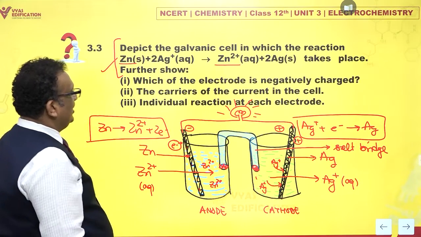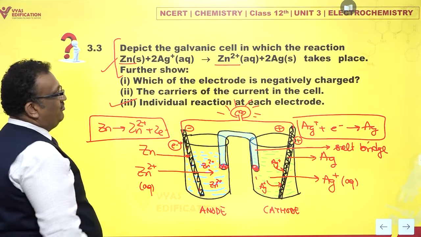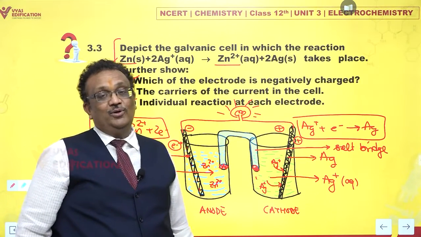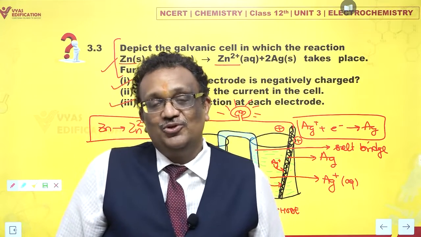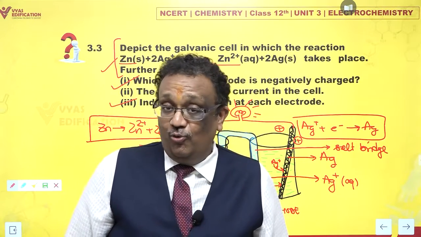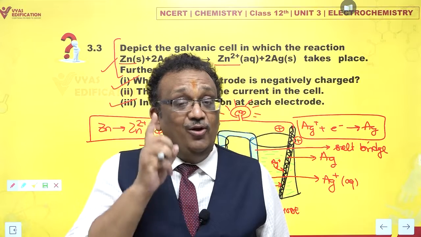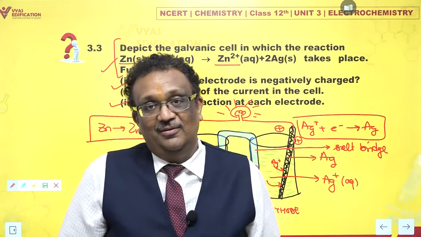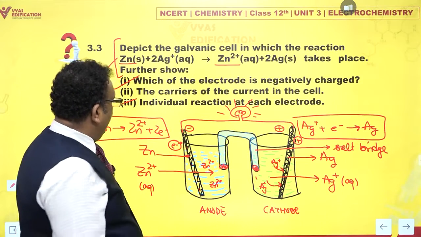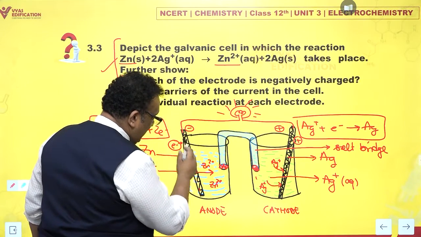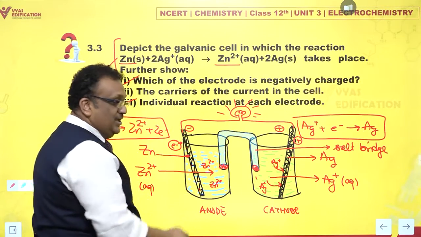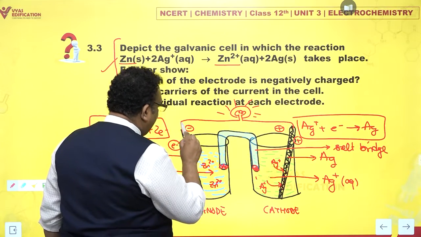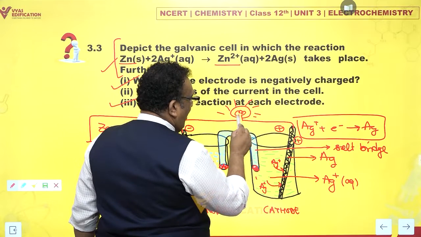So we have written the individual reactions. We have talked about which electrode is negatively charged, now about the current. That is most crucial. Please remember one rule. Electrons will travel only through metal. They will not flow through water, right? So, if these extra electrons are left out here, they are not very keen to jump in water, they can't swim, electrons can't swim. So, these electrons enter the wire, and in the